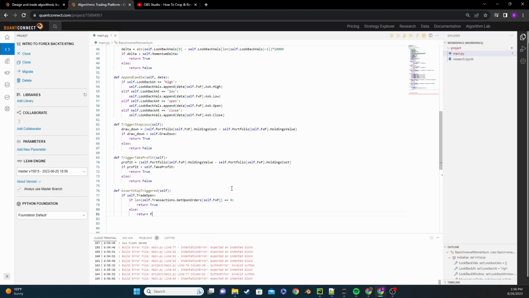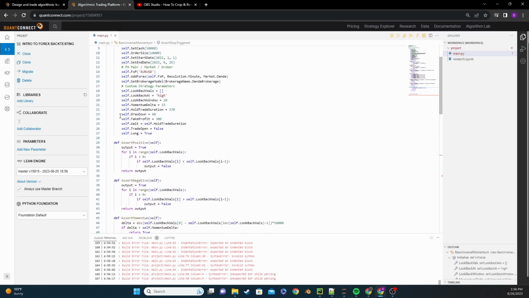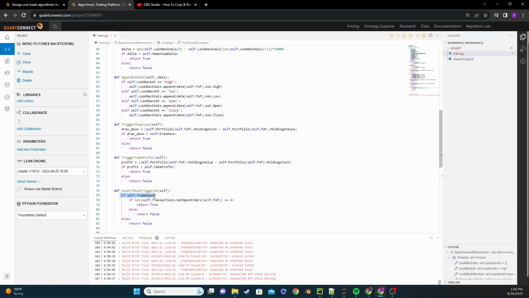Otherwise, return false. And then up here, we also need an else, return false. Okay, so what are we doing here? We're saying if we think the trade is open, because our waiting period is still counting down. So if we're still counting down from 270 minutes to 0 minutes, and our flag for trade open is still